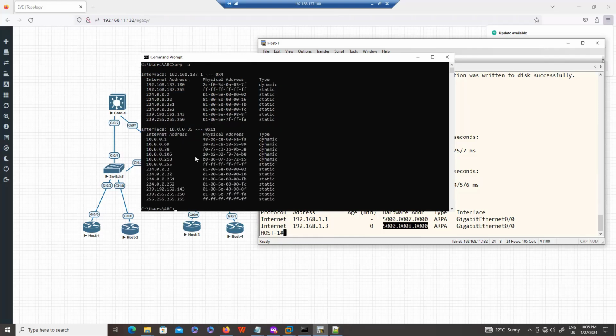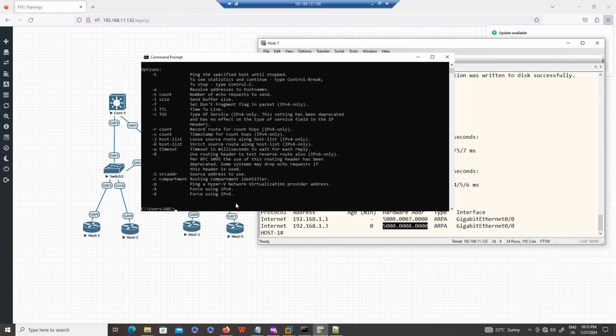But you see, like I told you, this is the way to check the ARP table. And here, guys, you can use help, like the way we use help in Cisco, where I showed you we use the question mark. Here, we use /? This will tell you, if you want to send a continuous ping, use -t.